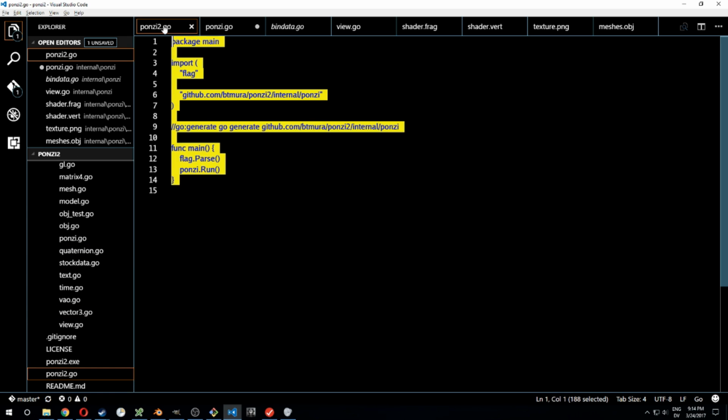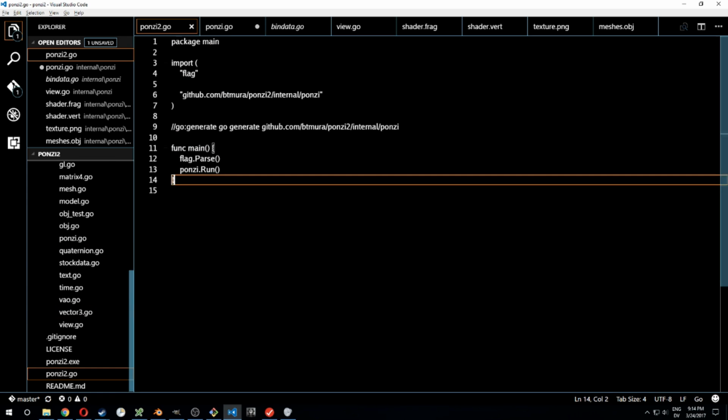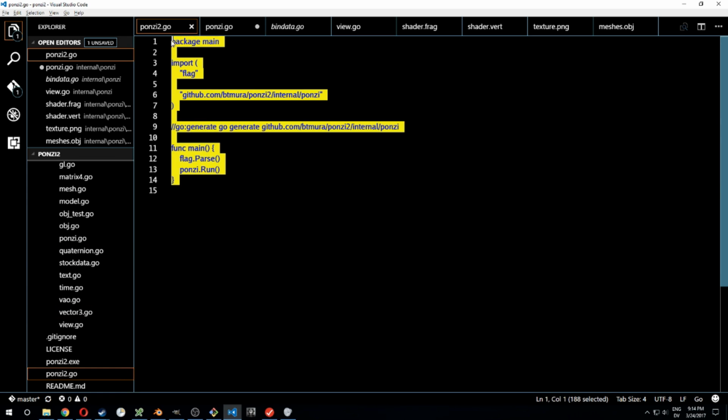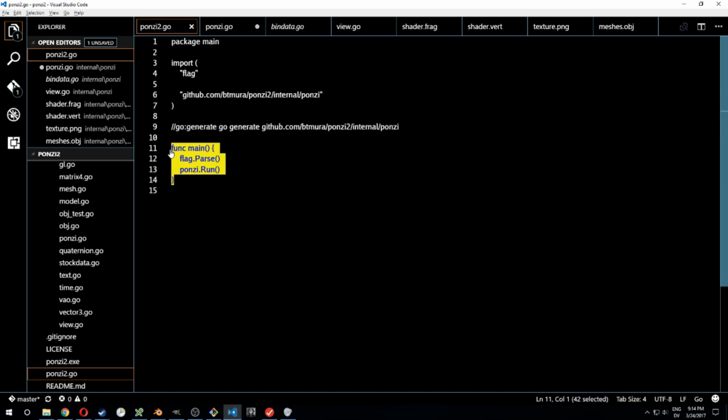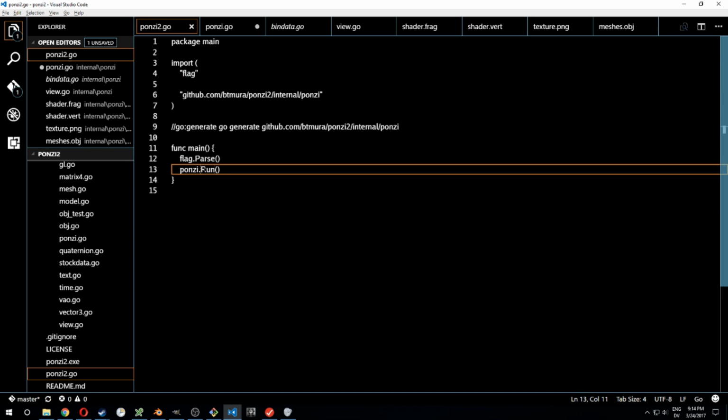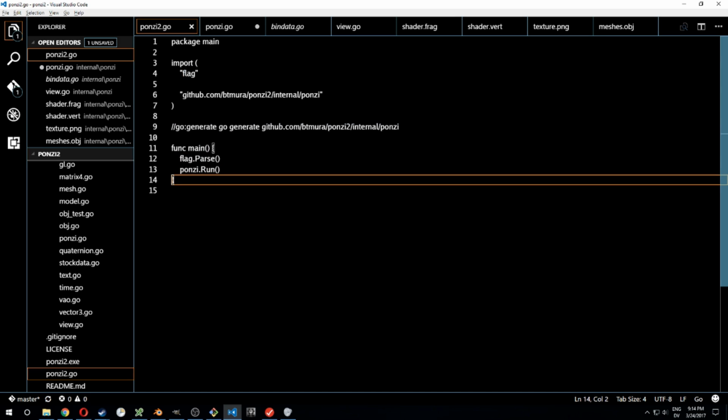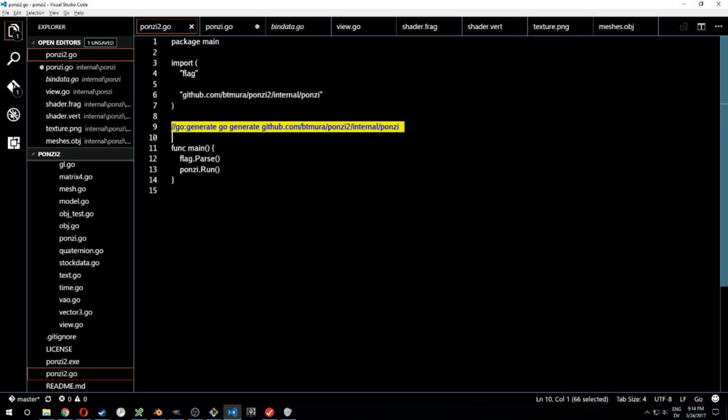For Ponzi 2, my stock chart viewer, I've got a package main where all the action starts. It parses the flags and it simply calls the run method in the Ponzi package. On line 9, I already have a go-generate command that actually just calls go-generate on a sub-package of the same